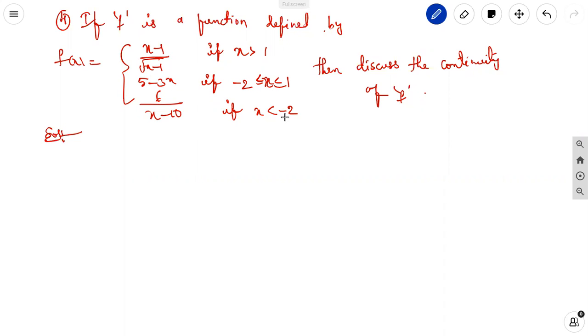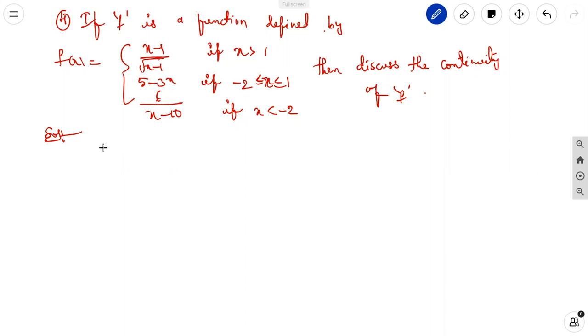We can take the continuity at x equal to minus 2. Why? We can check the continuity at 1 and we can check the continuity at minus 2, that is our wish only. Here, they didn't mention a particular point, x equal to minus 2, they didn't give. So we can take either of these two cases, or discuss both cases. I am discussing two cases.